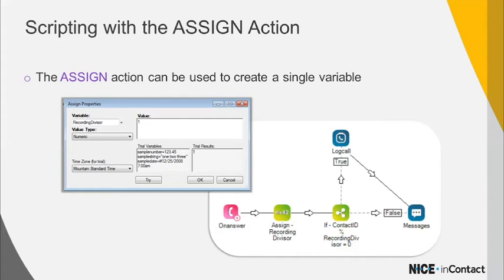And here it's just showing us an example of how we are going to use the single variables. If I've defined a script in which any caller is calling from Louisiana, it's going to check his contact ID, and if the contact is valid, in that case it's going to record this call and forward it to the agent. So by using this assign recording divisions, I can define the type of logic that I want to use in my scripting.